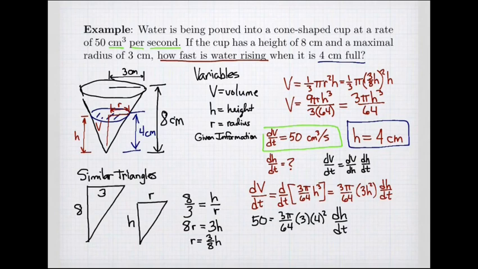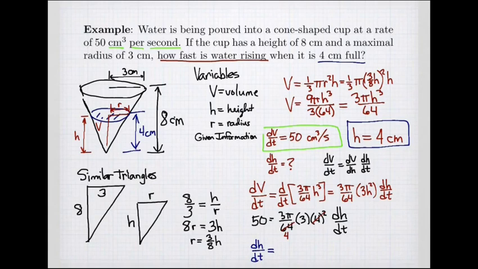So let's see what simplifies. 4 squared is 16, so that cancels and leaves a 4, and so I get, see, I can divide, and I get the dh dt,